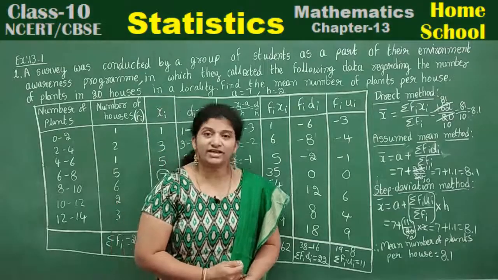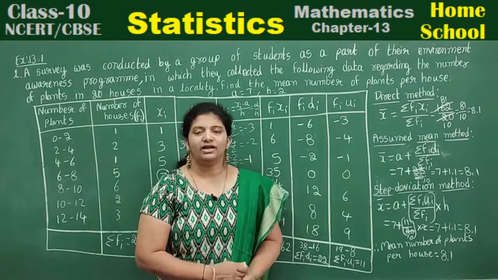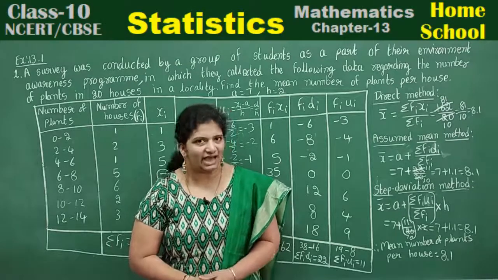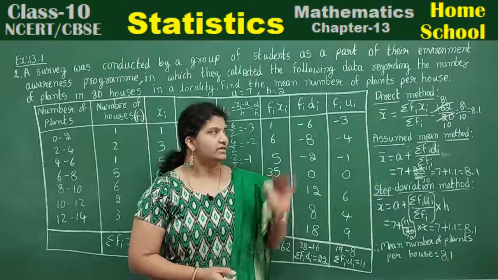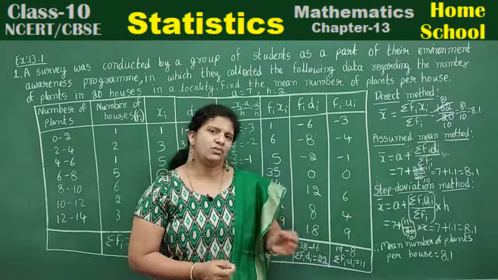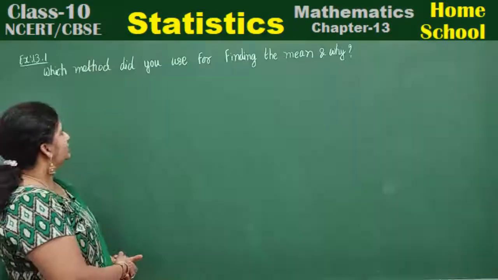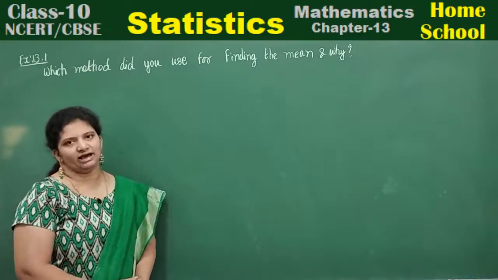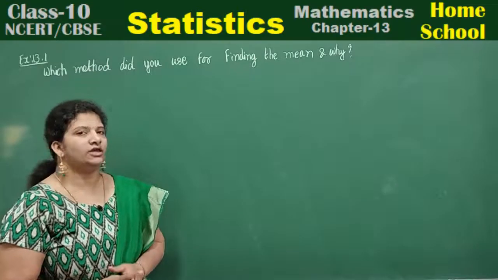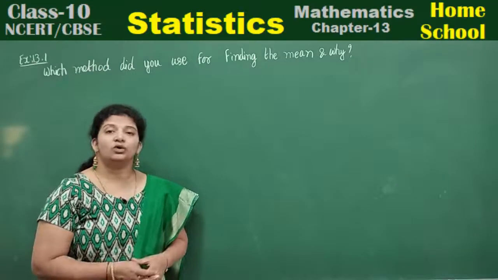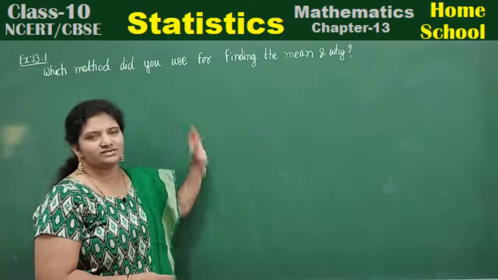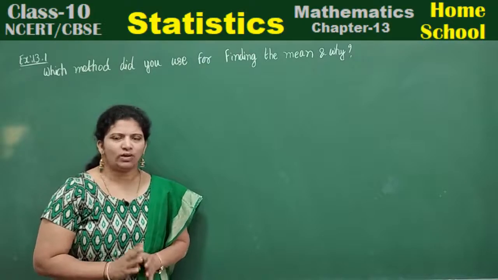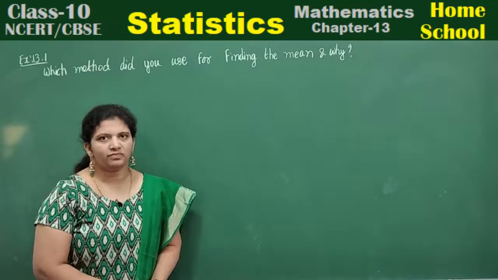This is the average count we got. Right? This is the method we are going to do for all the problems. If they ask you to calculate mean, these are all the formulas. Any one formula you can select. Which method did you use for finding the mean and why? Children, which method you are going to select and why you have selected that, you need to answer that. And in exam, don't try to do all the three methods. Any one method of your choice you can do.